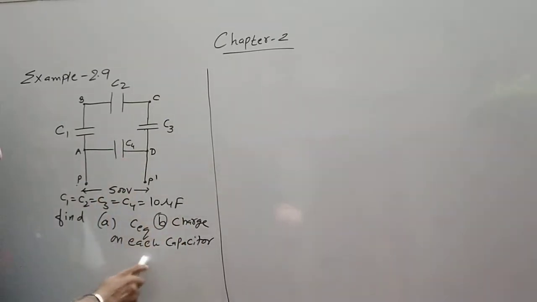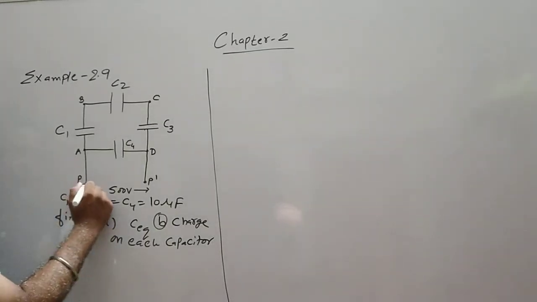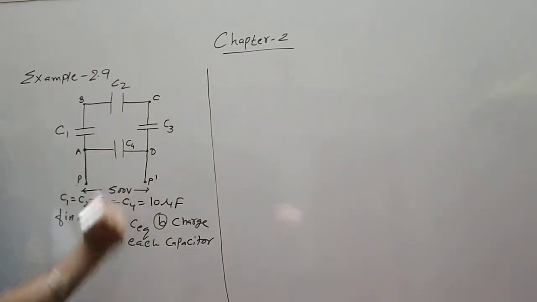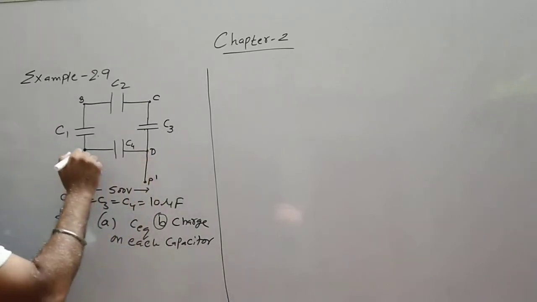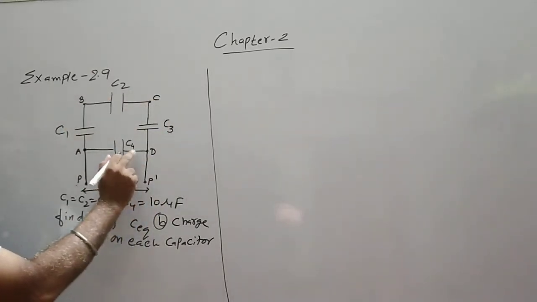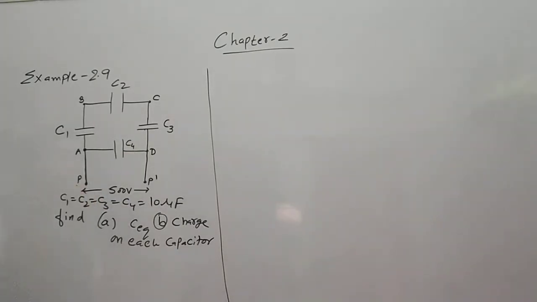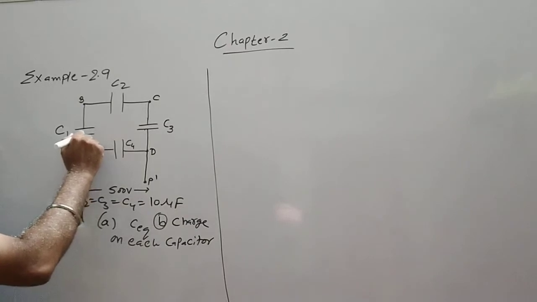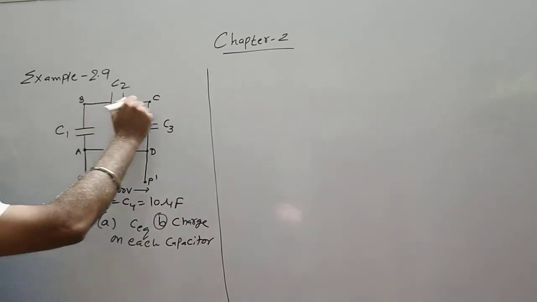So we will see the second part. First let us find out the equivalent capacitor. So I start moving from point P to A. This is the junction. One path is along AD, the other is along ABCD. So here we have only one capacitor, so we leave that path and we move towards B. So first capacitor, then B to C, C to D.